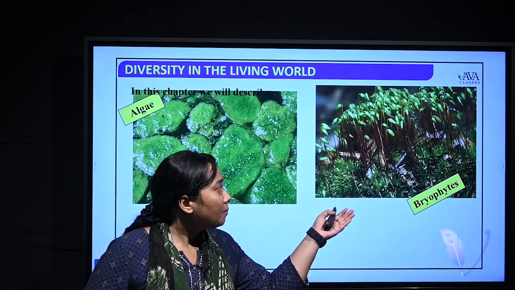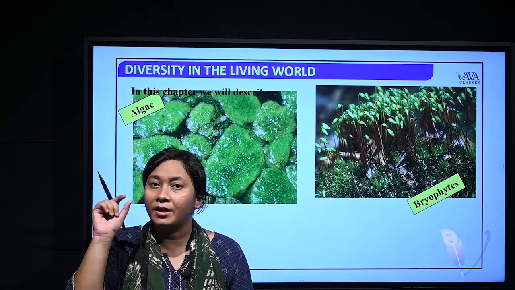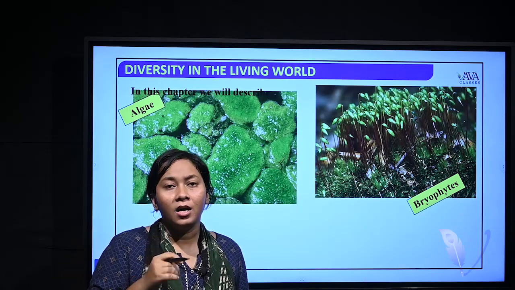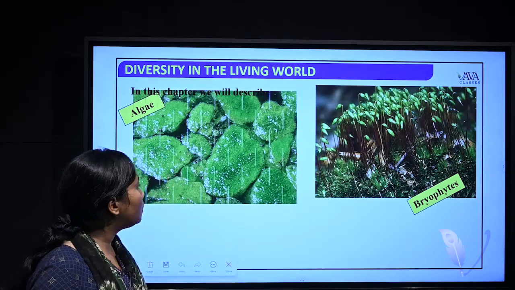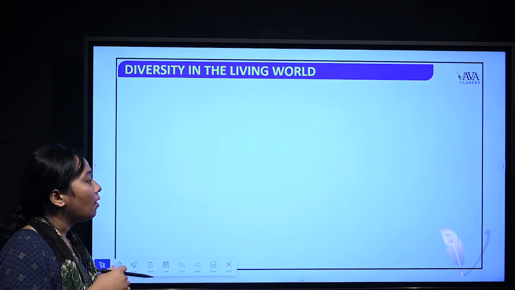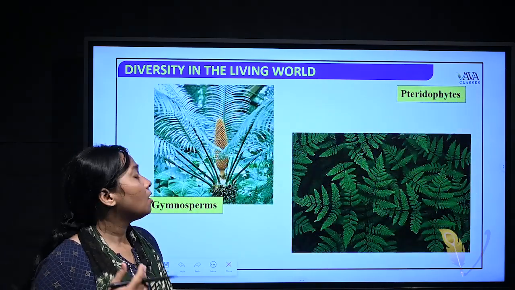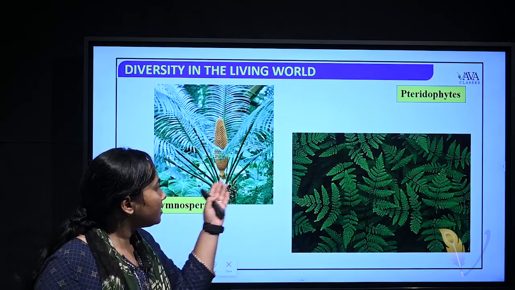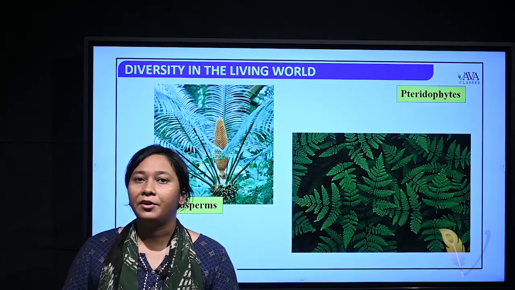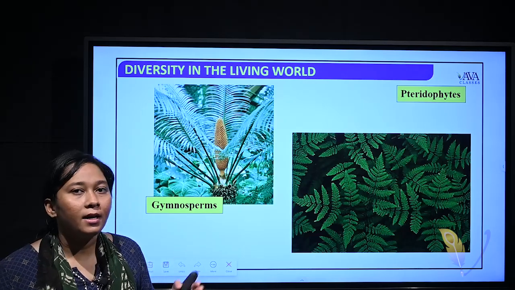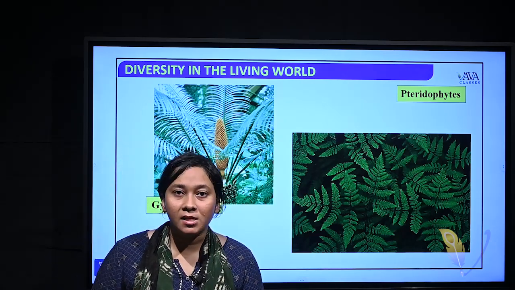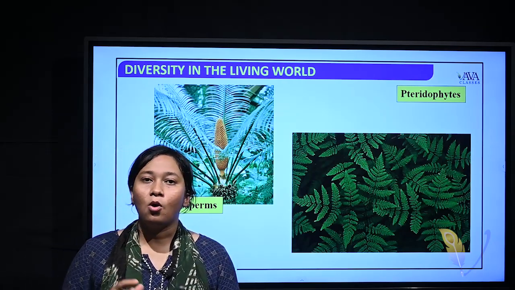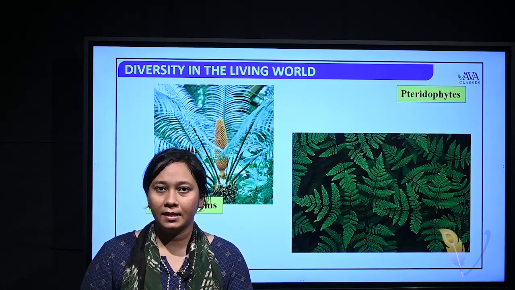You can see bryophytes, some tiny plants, spread in the moist soil. You can also see higher plants, shrubs, and herbs, and these types of plants are also grown in different areas. So, what are they, and what names have scientists given them? All these things we will study in this session.